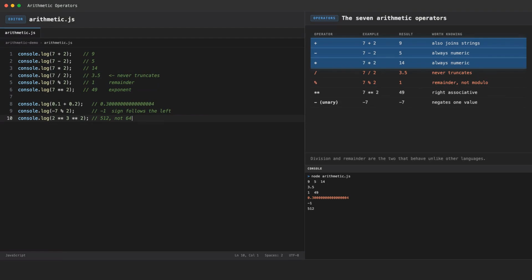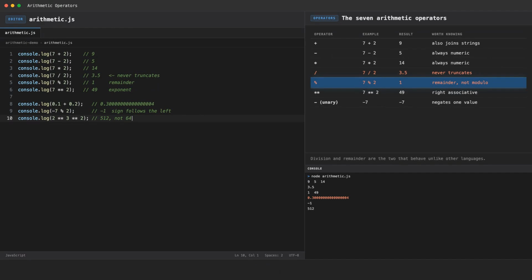So let us gather all 7 operators together. Plus, minus, and multiply behave exactly as expected. Division always gives a float because there is one number type. Percent is remainder and its sign follows the left operand. Double asterisk is exponent and it groups from the right. And decimal